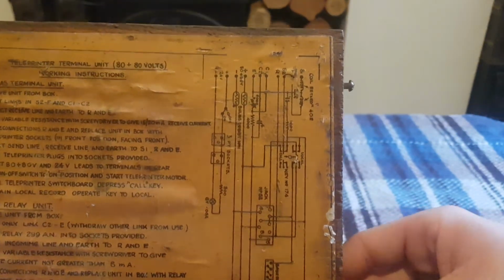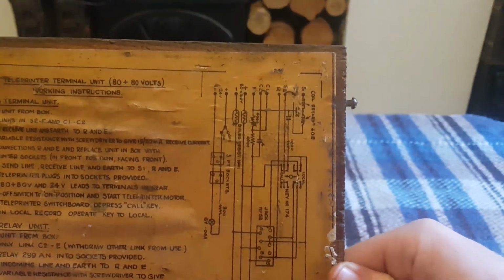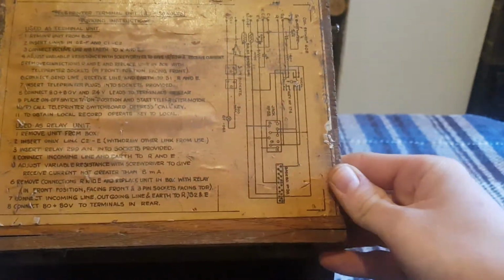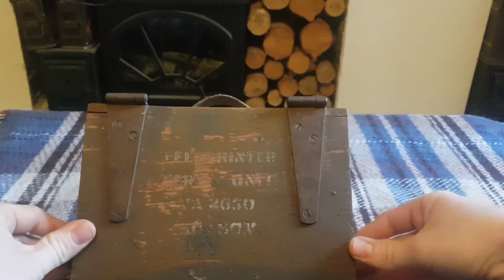User's relay unit as well, how to do that. And then here, which I really like, is the old electronic, almost circuit board diagram, which I find really cool. And yeah, I only paid £2 for it a few years ago. I think I could get about nearly £20 for it now, to be honest, because it's quite a unique little